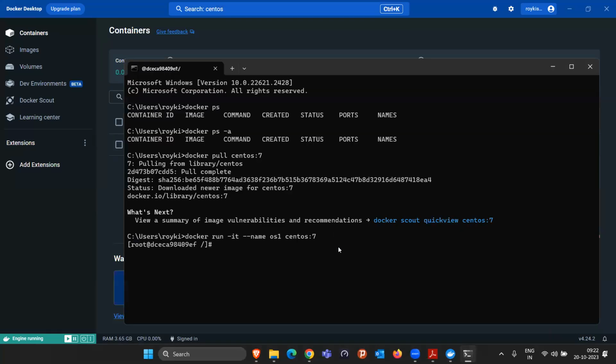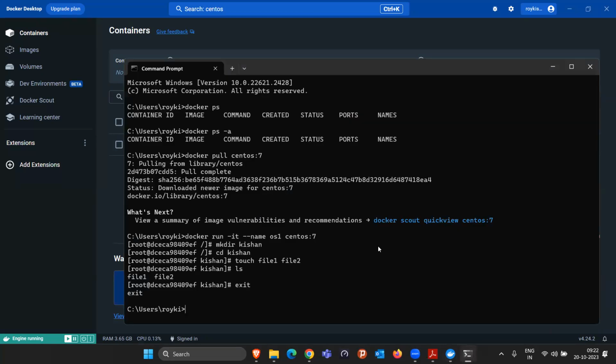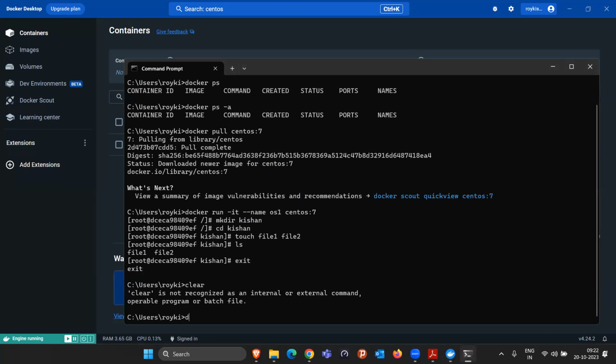If I want to do something here, let's create a directory with the name Kisan. Okay, let's go inside the directory called Kisan. Let's create some files there, like file1, file2, whatever I want to do, right? Everything we are able to do. If I want to exit from this container, I can do exit. And since we exited, this container also came into the exit mode. Again, I want to start the container. You know the command, what will you do,